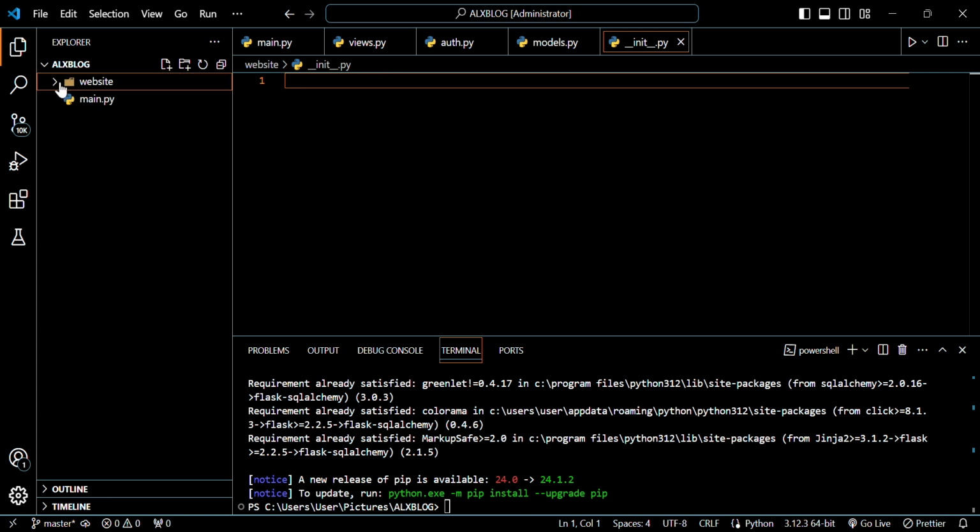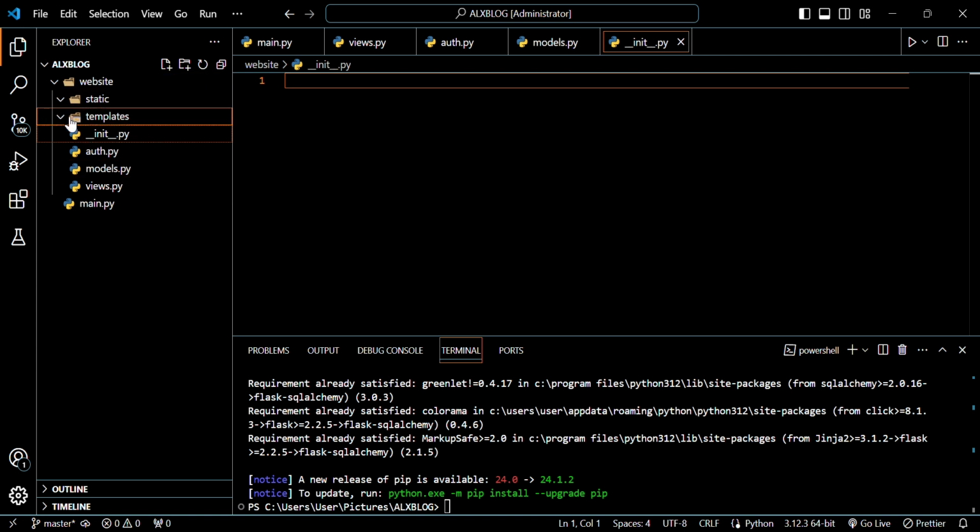All right. So now when I minimize the website directory, you can see that we have two basic entries, which are the website folder and the main.py. So this is a basic file structure within a Flask setup. This is good. So now we'll start writing our code,